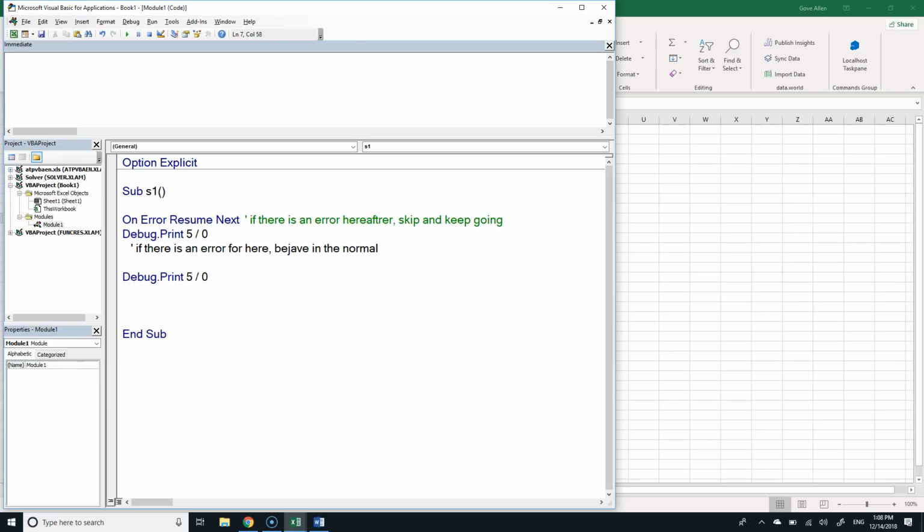What's the normal way for a runtime error? Stop the code, show the error message, highlight the line that has the error. That's the normal way. Now, the way we say this is bizarre. On error, go to 0.